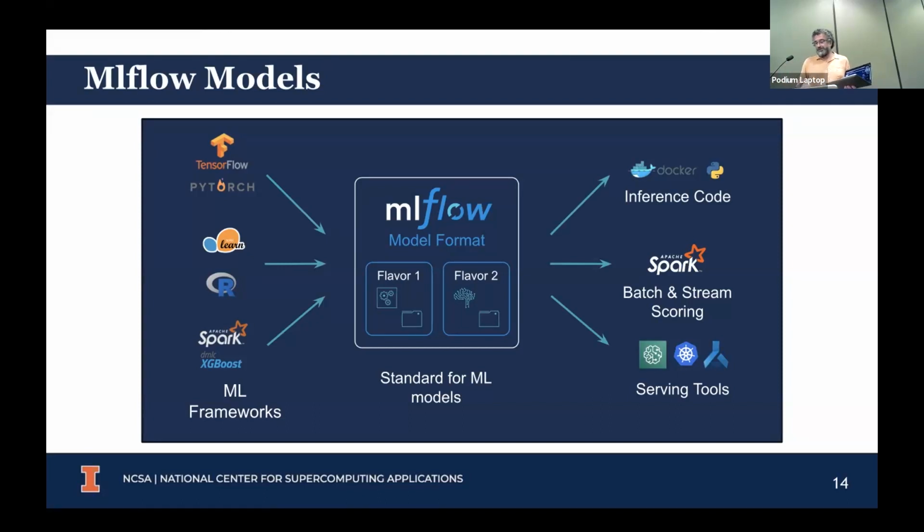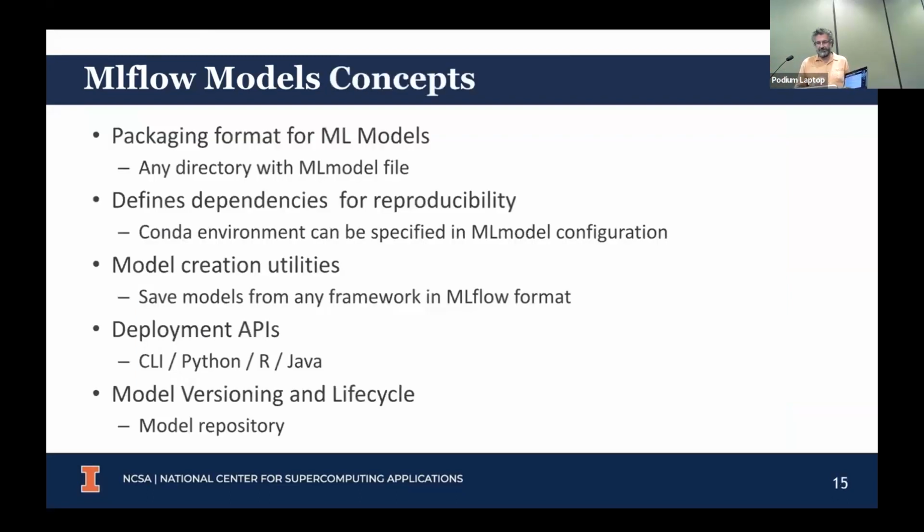MLflow supports serving models. I can show you some examples of that, but either just simple, download it and run it against a Pandas data frame, or there's backends for Triton, the NVIDIA GPU server, and other inference engines. So at its core, again, it's just a standard, like a directory format and some file formats that make it easy to publish a model and make it reproducible.